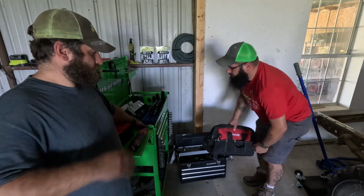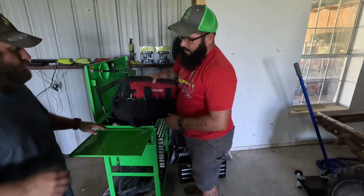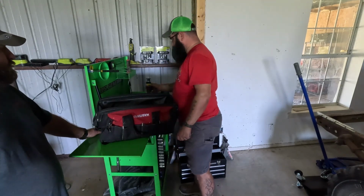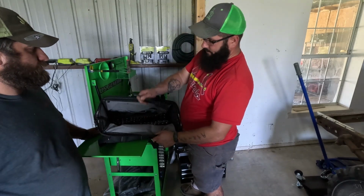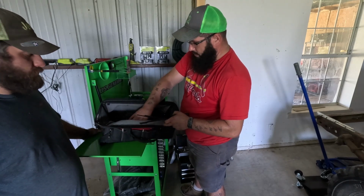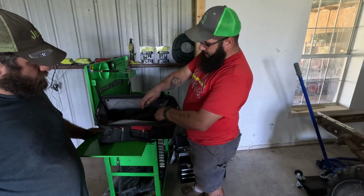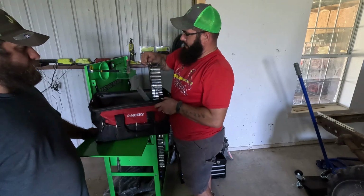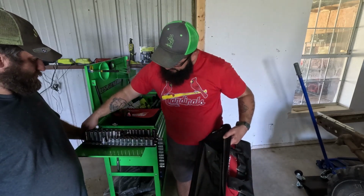Now, in here, let me see if I can get this up here. Let's throw this on the leg. All right. Nope, this one don't. Spider, this don't count. We typically don't use that on vehicles. We've got Husky scrapers, because there's always a gasket in the way. I don't even know who these picks are by, but a bunch of picks. And then, let me find the handle here. We'll just do this the easy way. Even more sockets. Whoa, almost fell down there. So this is a hodgepodge of,